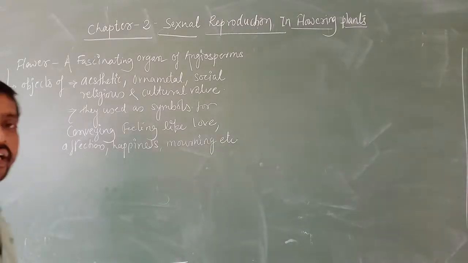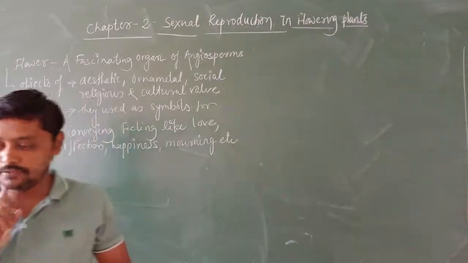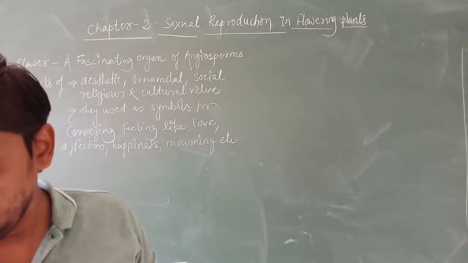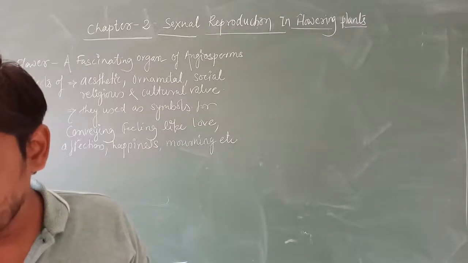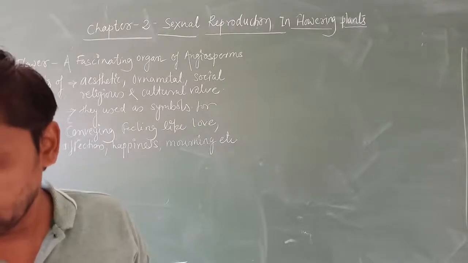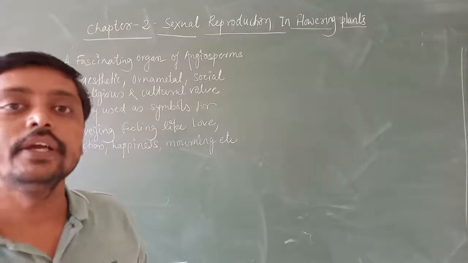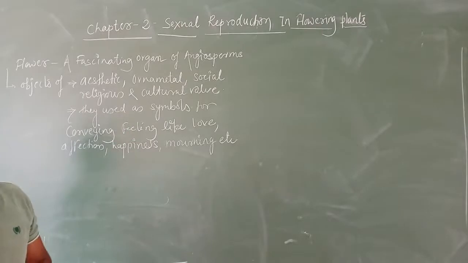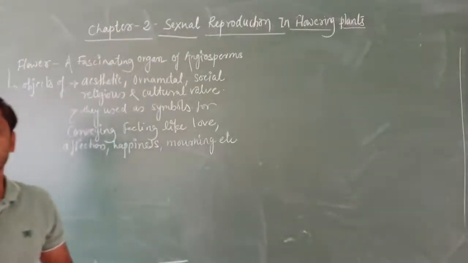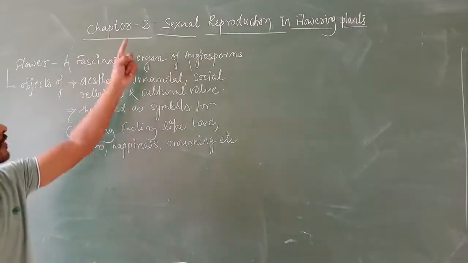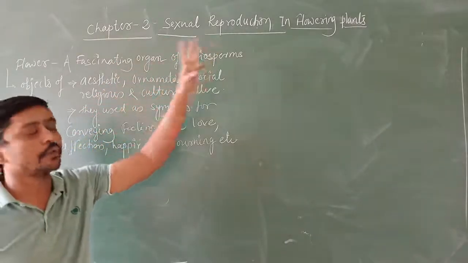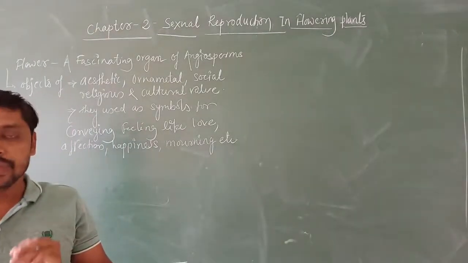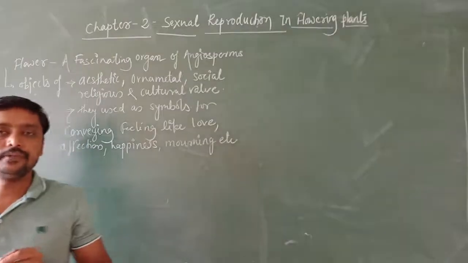So, in the previous chapter, we completed the first chapter, reproduction in organisms, where we discussed reproduction in organisms. Now, from today's class, we are going to start the second chapter, that is sexual reproduction in flowering plants. You have to remember that in the first chapter, we were discussing